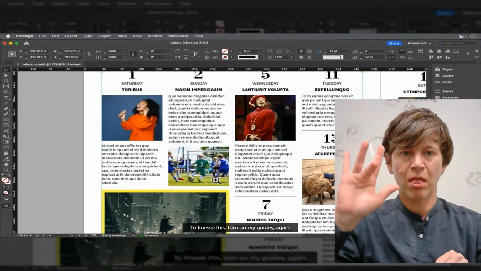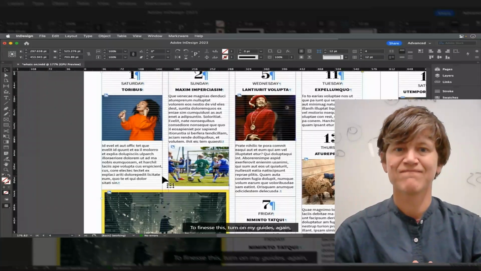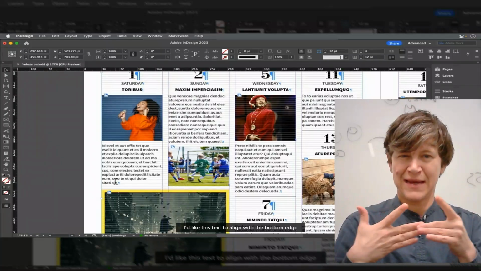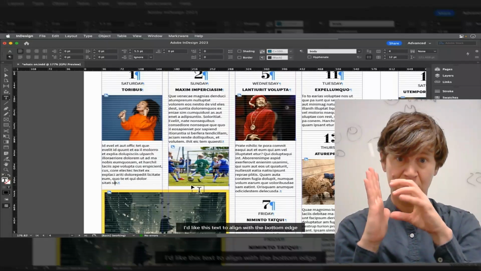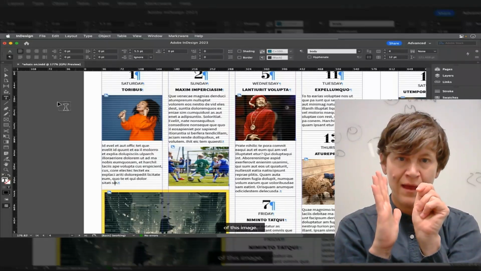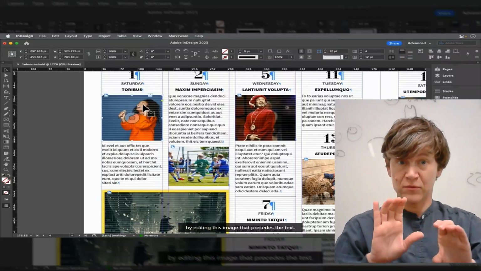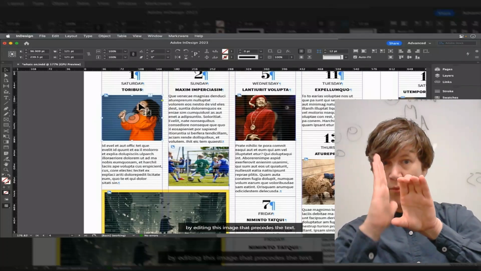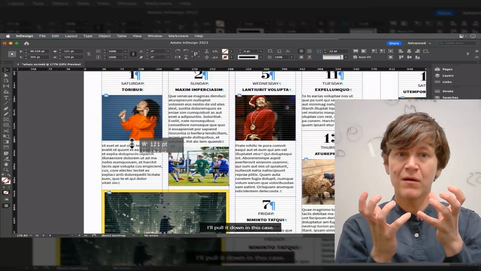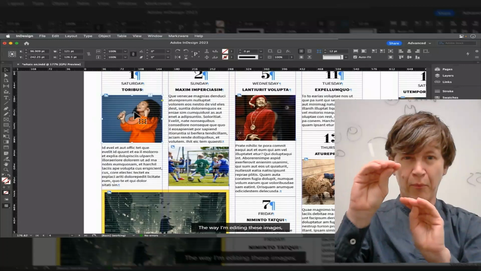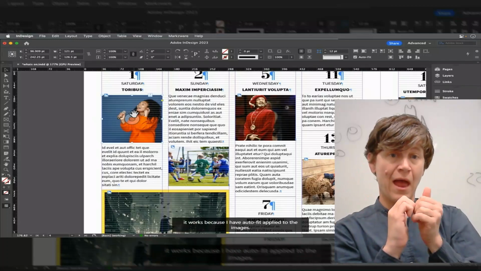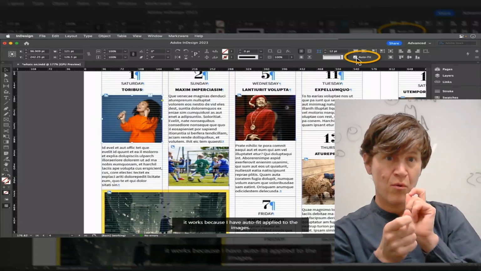To finesse this, turn on my guides again. I'd like this text to align with the bottom edge of this image. And I can do that by editing this image that precedes the text. I'll pull it down in this case. The way I'm editing these images, it works because I have auto fit